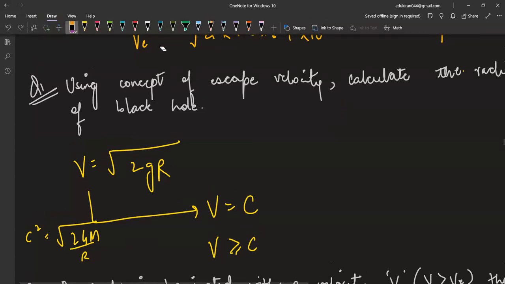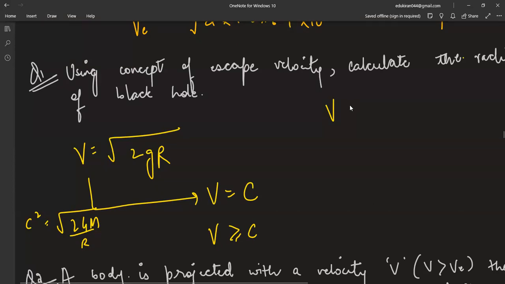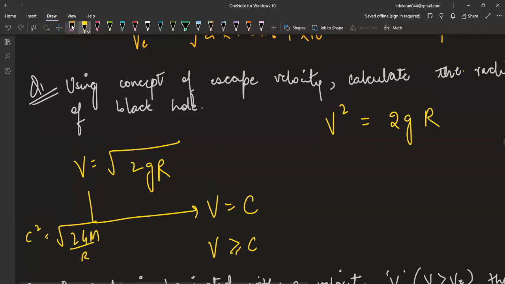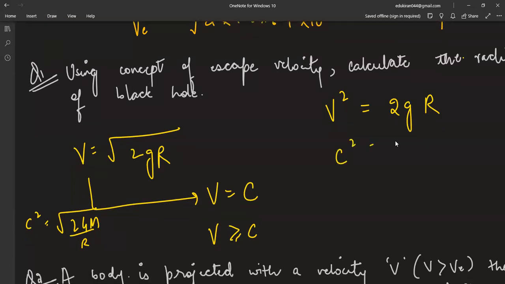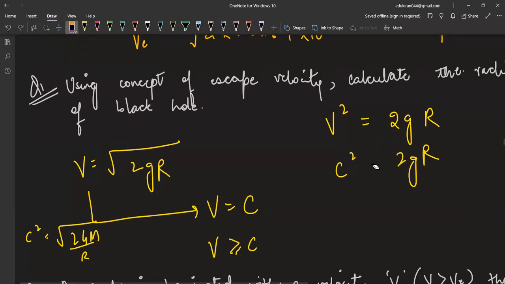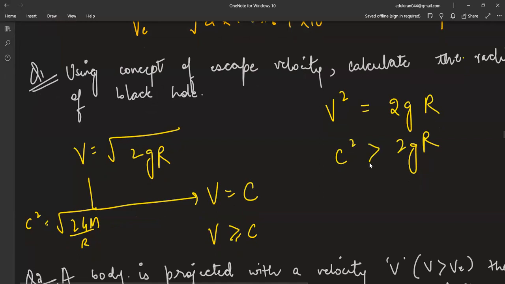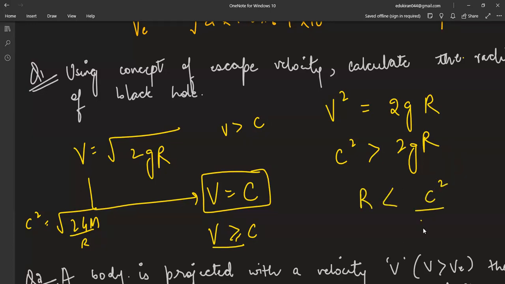So if we use this formula first, we'll have v square is equal to 2GR. So when we are seeing 2GR, this is c square is equal to 2GR, which we have considered. Now c square, the velocity which we have taken, this is actually greater. C square which we have actually assumed it to be c square. Velocity is equal to c for our calculation purpose. But this is the reality. Velocity should be greater than the speed of light. All right. So r will be less than c square by 2G from